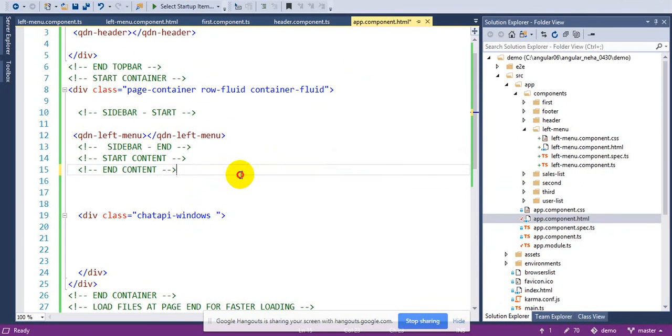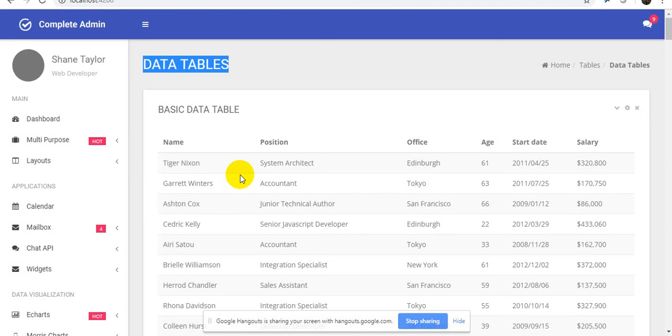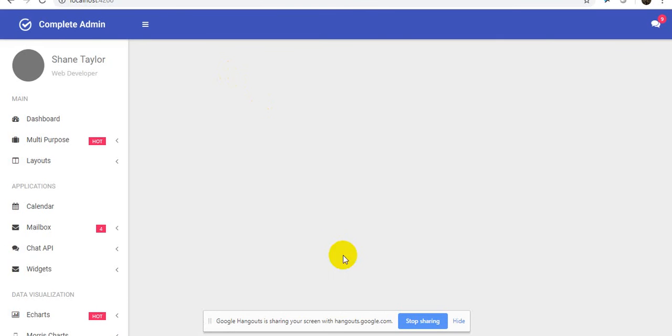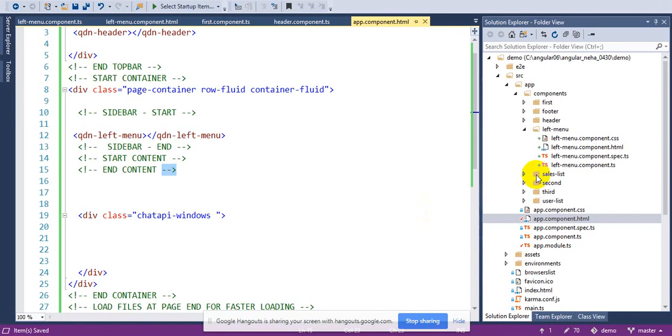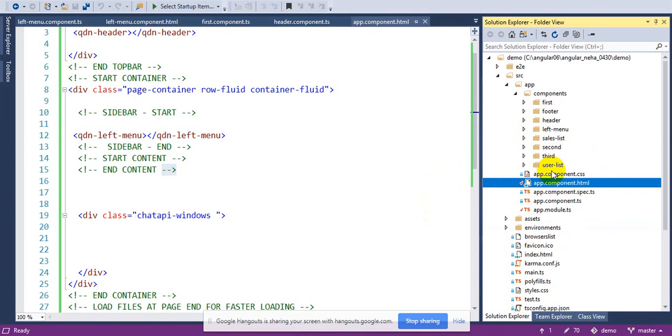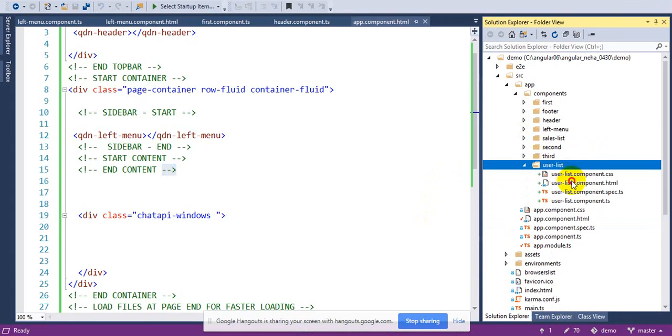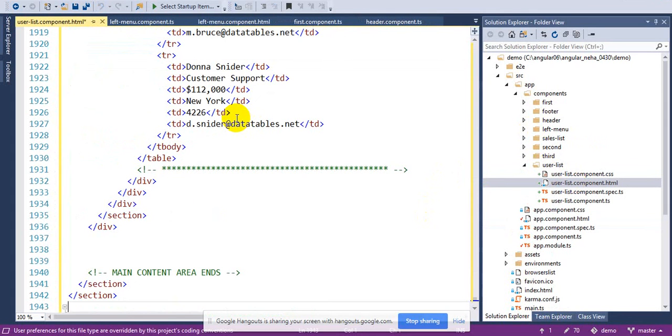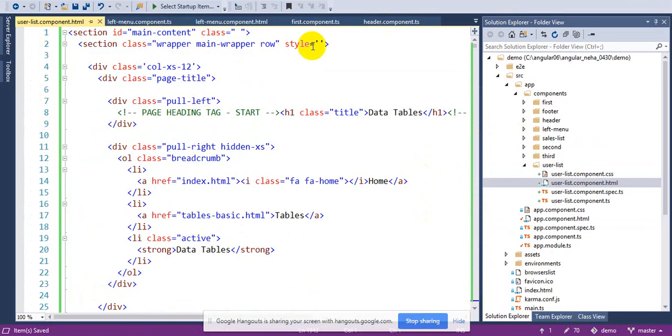Okay, and if I cut this, what is the output now? It has gone. So now in my user list component I am going to put this: Control A, Control V, Control S, and you will see.